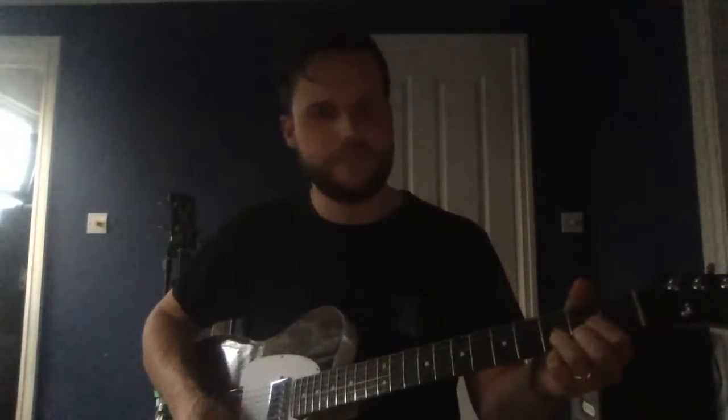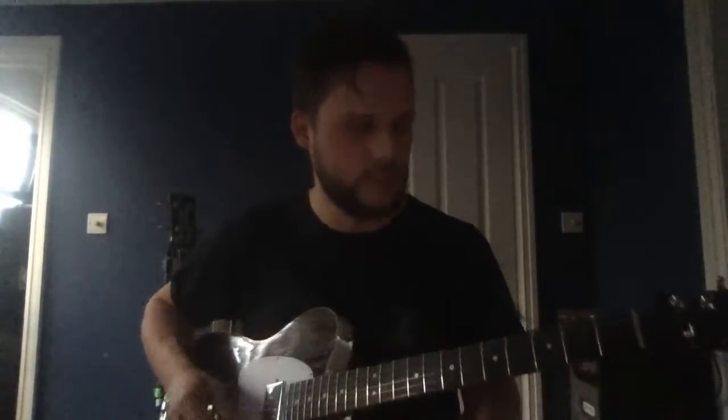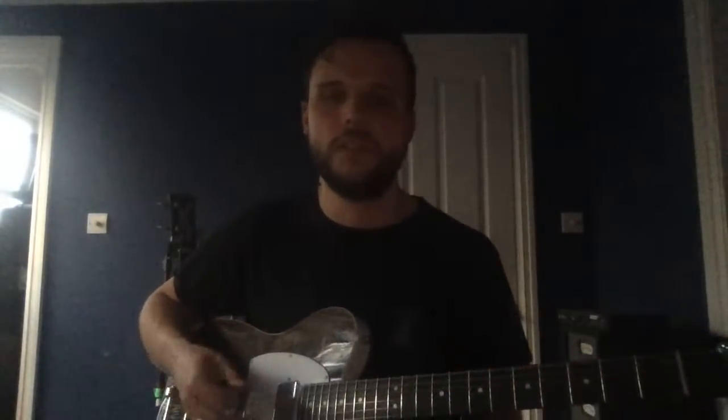Then the same again. And then you go back to this bit before the first chorus. Waiting for the world to end. And then it goes down to the D. It's super easy, this song. It's just open D chords. So if you tune that bottom string to a D, it should be pretty easy. Obviously, it's going to sound much better with a ton of distortion on it, but...